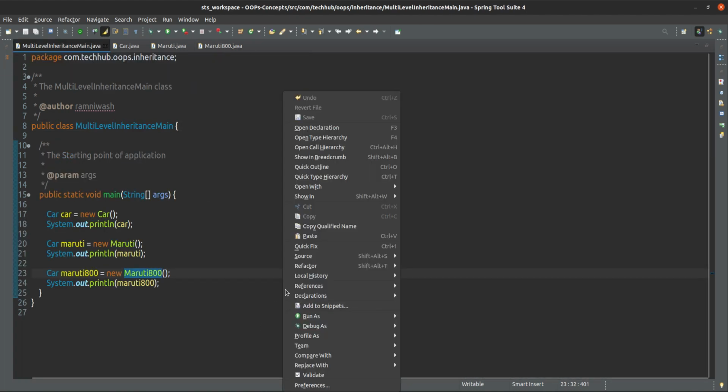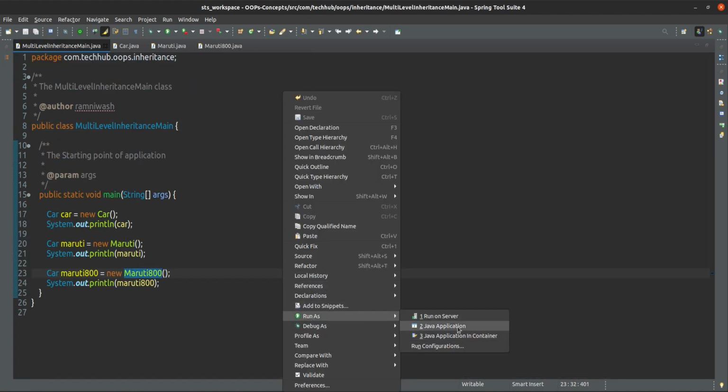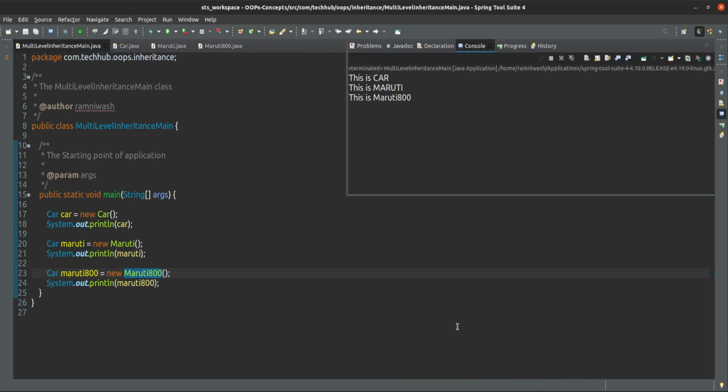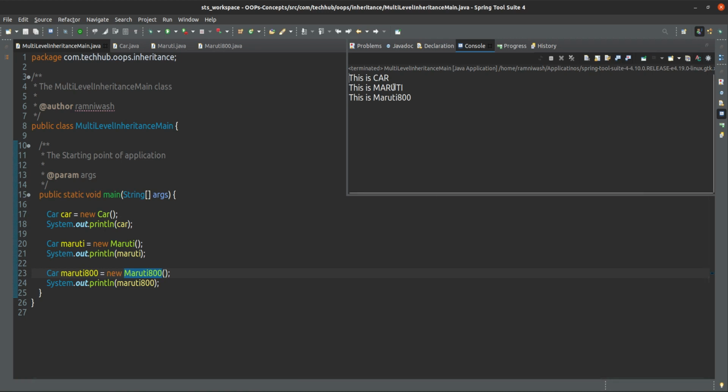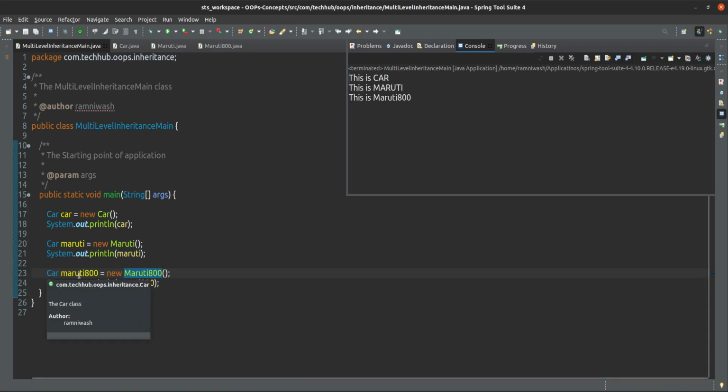So if I run this code, you will observe the output. First we are printing car, so this is a car. Next time I am taking car reference only, but the object type is Maruti, so it is printing Maruti. In the third example, in line number 23, again I am taking the reference type of car only, but the object is Maruti 800, so it will print this is Maruti 800.